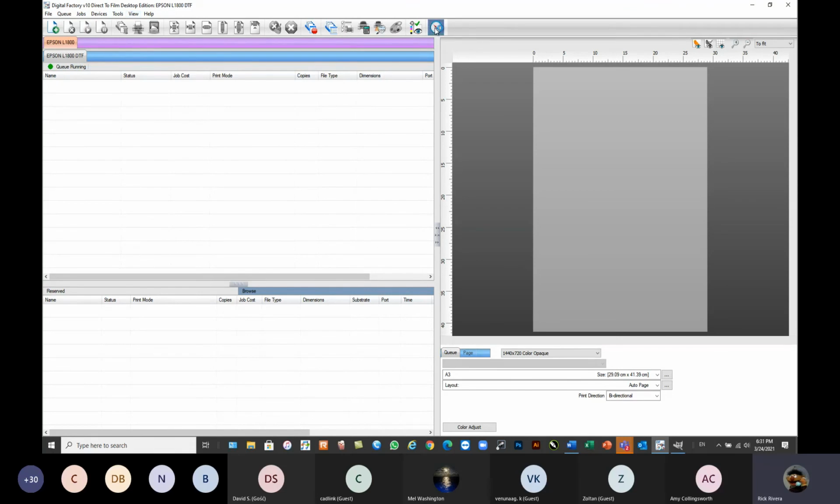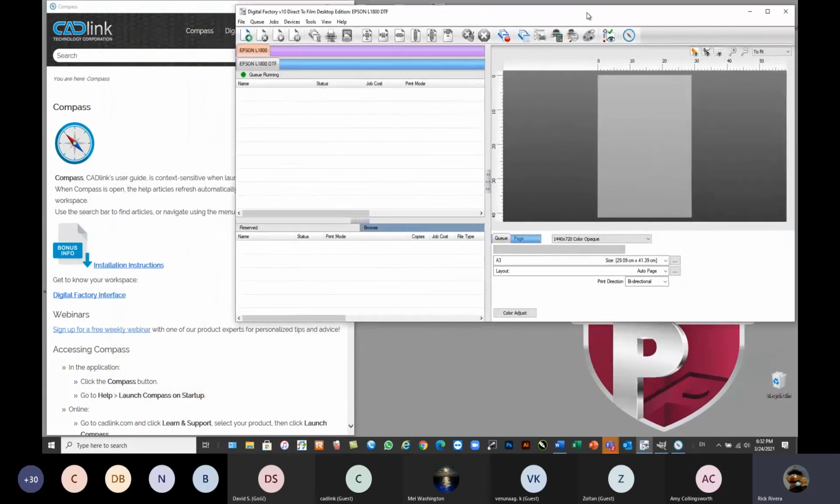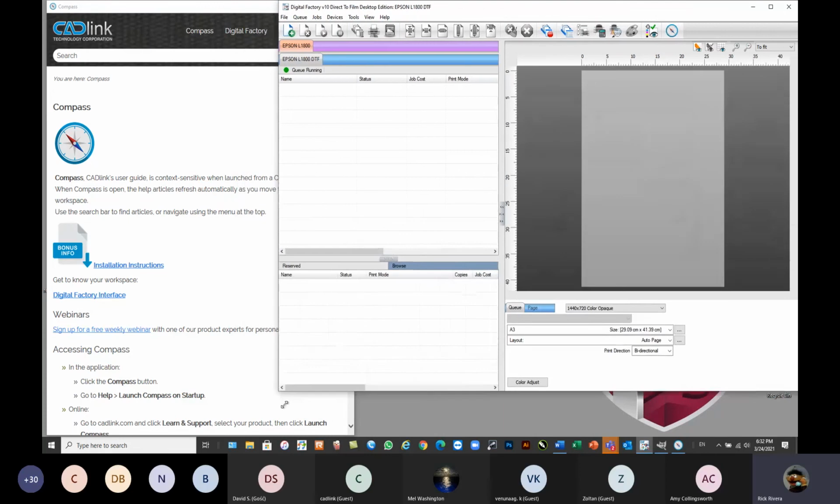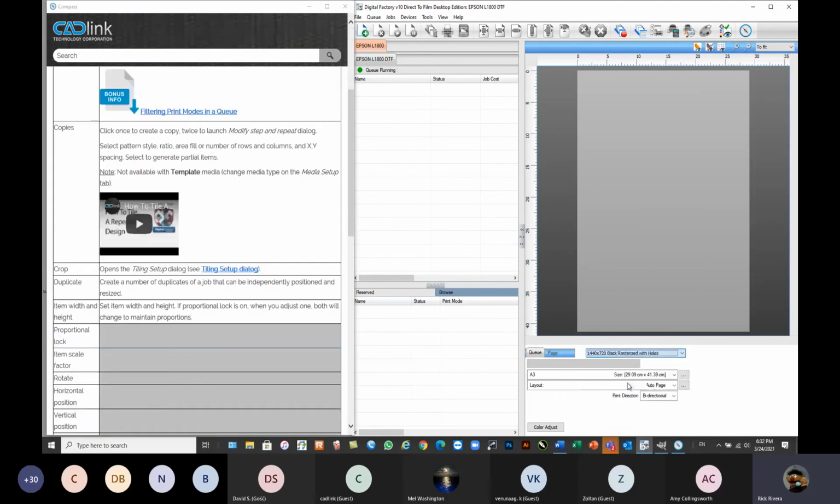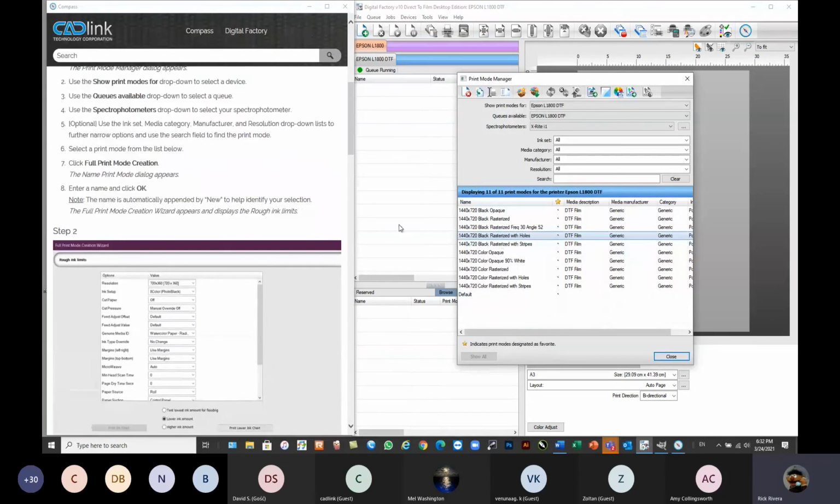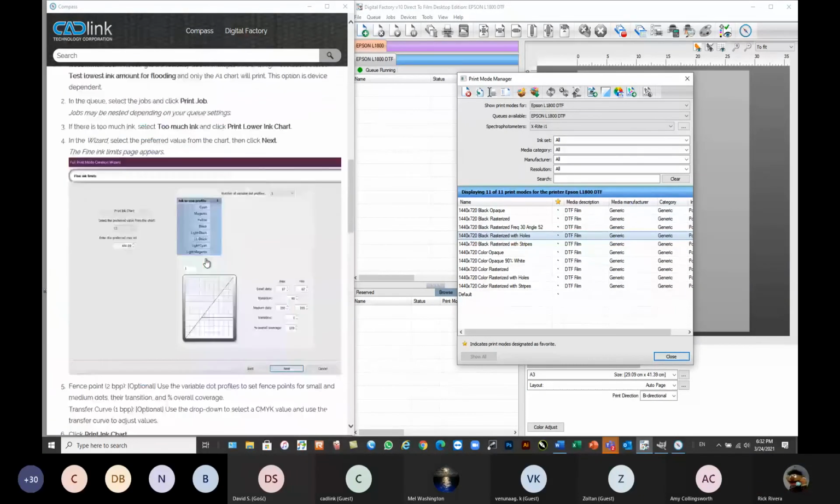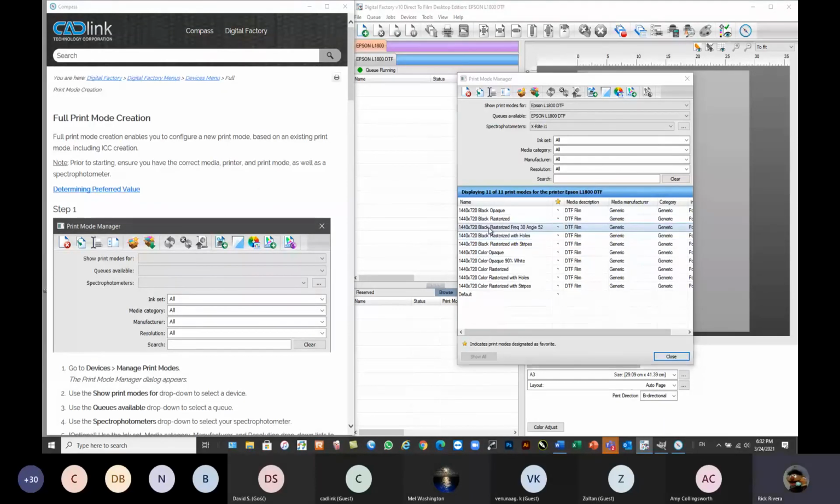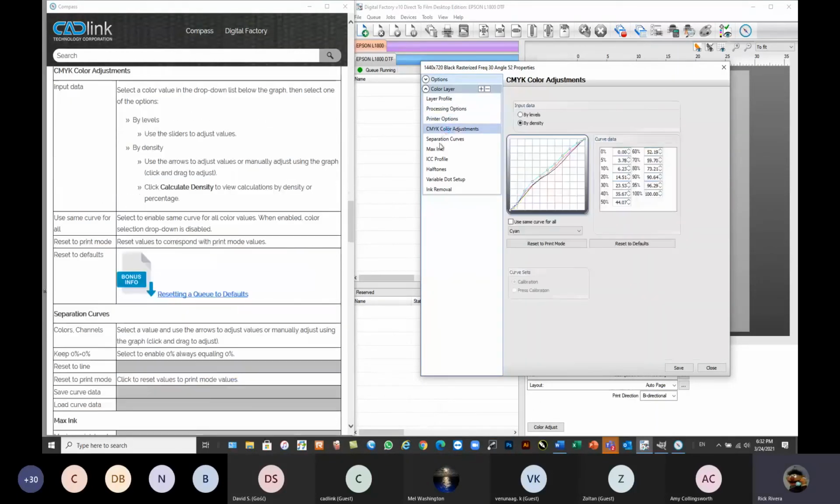All right. The last thing I wanted to go over is our Compass. Okay, if you guys have not used Compass, Compass is our interactive user manual. Okay, how does it work? As I'm clicking through the software here, you'll notice that Compass also switches through. So if I go to my queues, it's going to come over here to show me how my queues are set up. If I go to manage print modes and go to the print mode here, it's going to go through and show me my print modes. If I open up the print mode, it's going to cover all the settings of the printer,